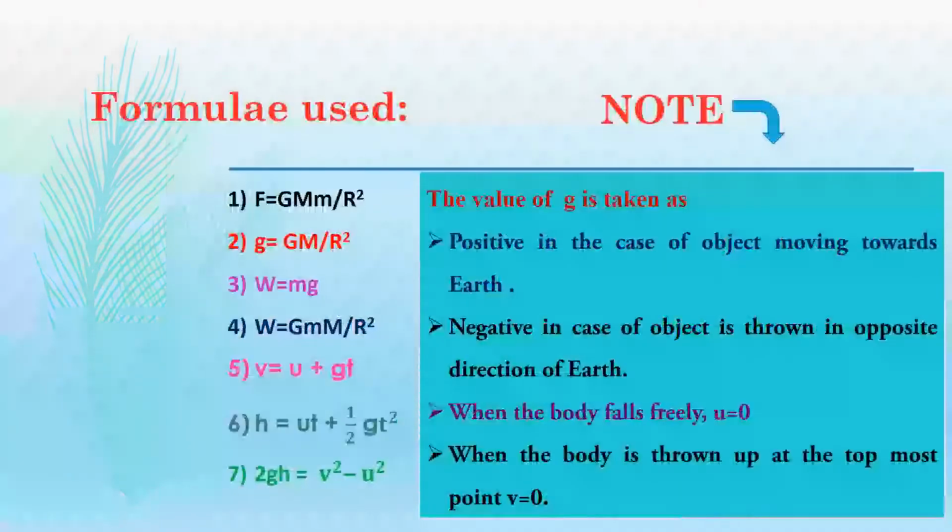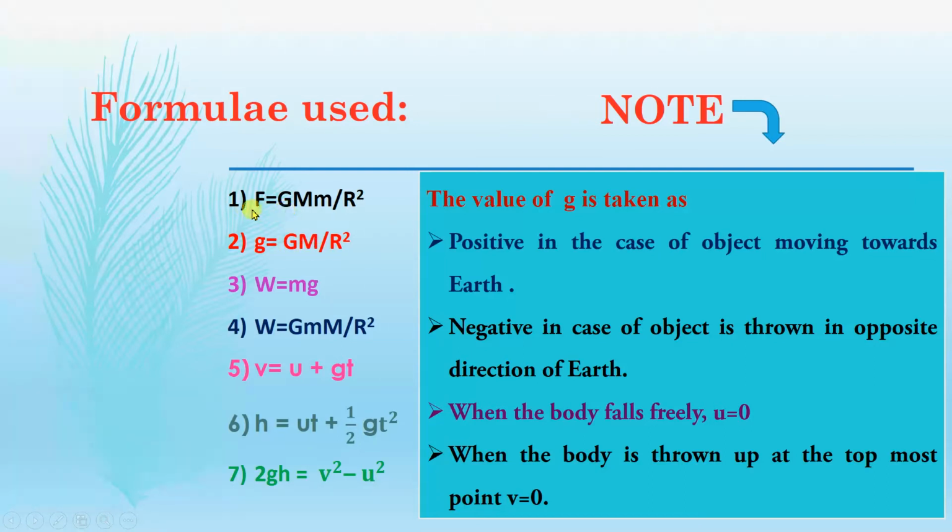Okay. So students, as you know, formulas and the important points are the backbone to solve the numerical problems. So let's go through the various formulas that we have studied. Number 1 is the gravitational force between any two objects in the universe. It is F equals G m1 m2 upon r square. Then acceleration due to gravity, it is g equals G M upon r square. Everyone knows the meaning of these values.